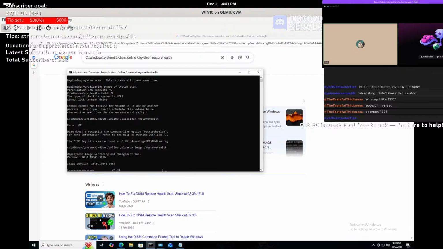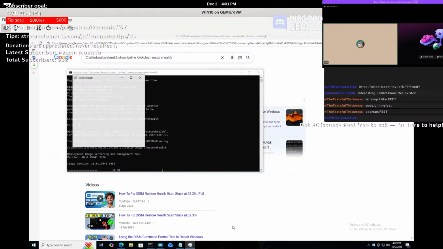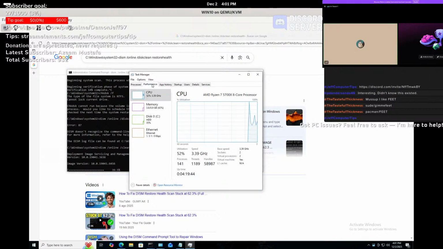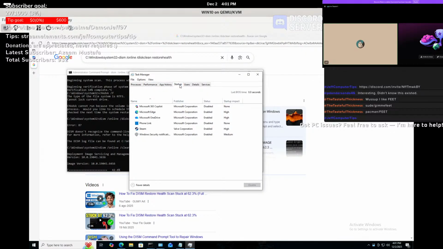Check your task manager to see if you see any programs, something that you don't recognize. Like on the app history, on the startup, check here, always check. If you don't recognize something, disable it. Right click it, disable. And if you think there might be a virus,